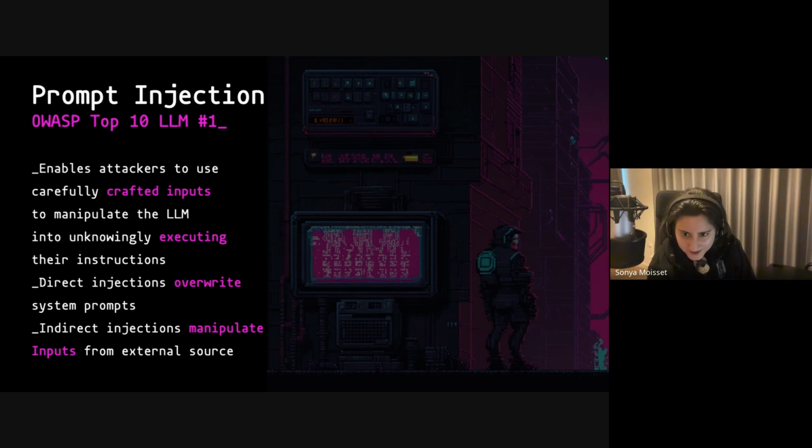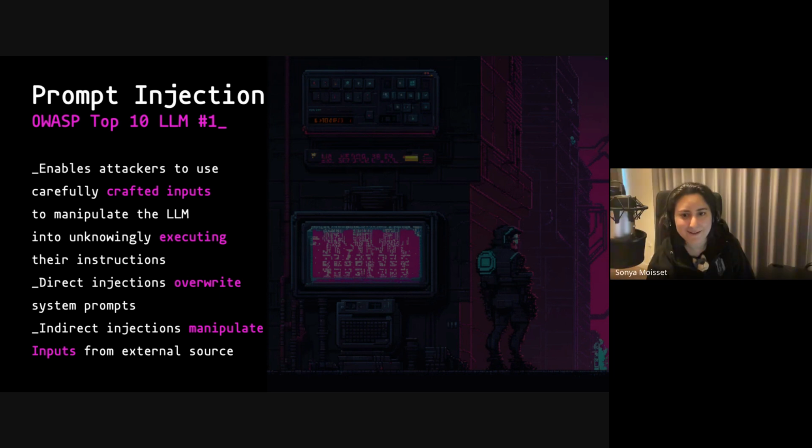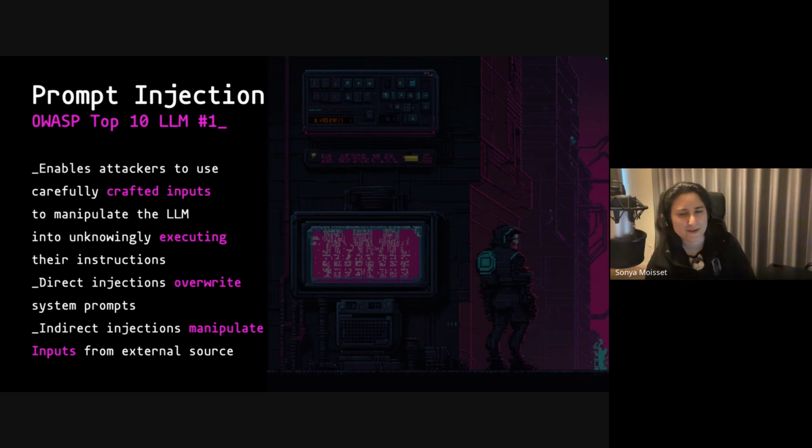Yes, do you have a question? Example for a direct injection and an indirect one. Yeah, I'll demo this because it might be a little bit too theoretical. So we're all going to do a little bit of exercise with this